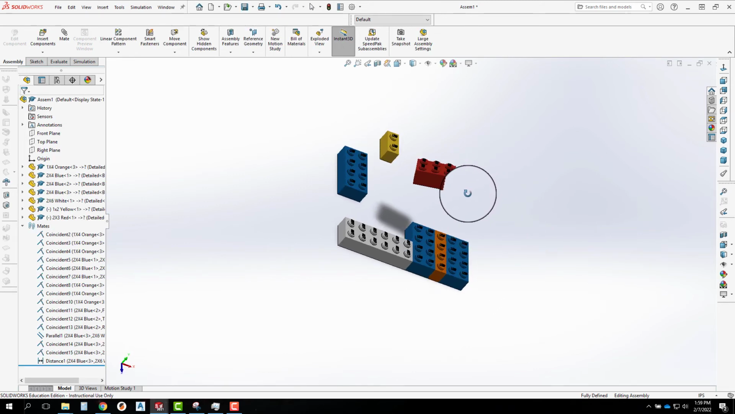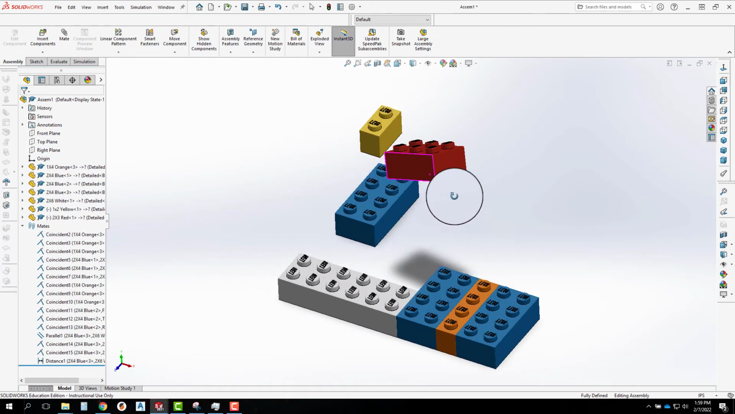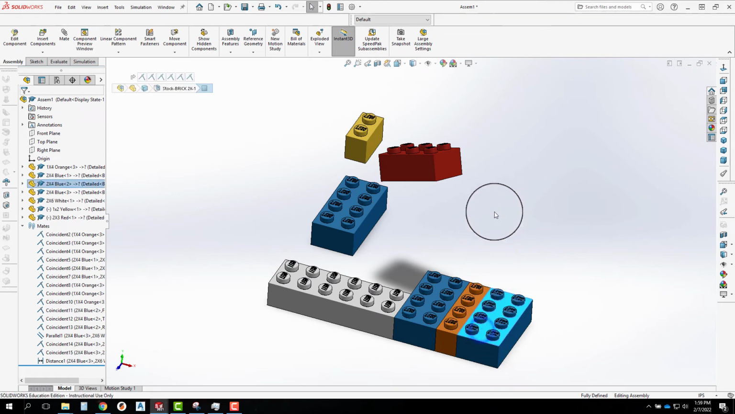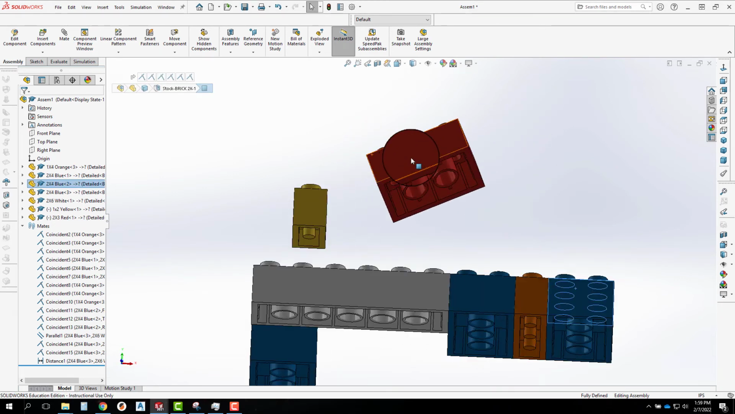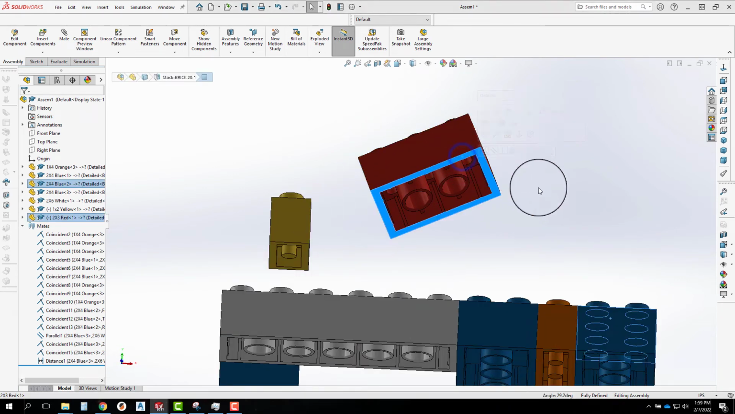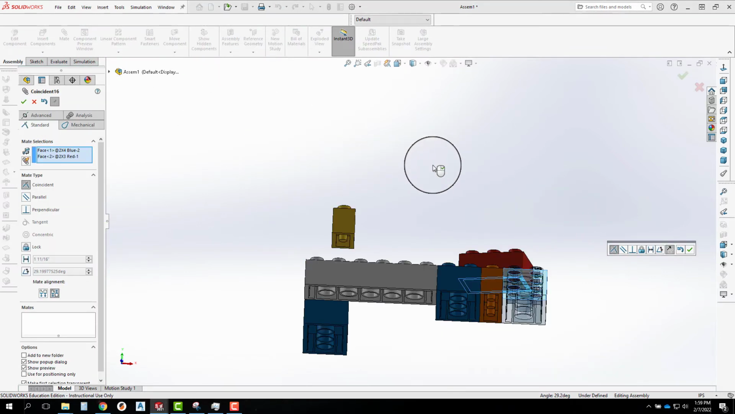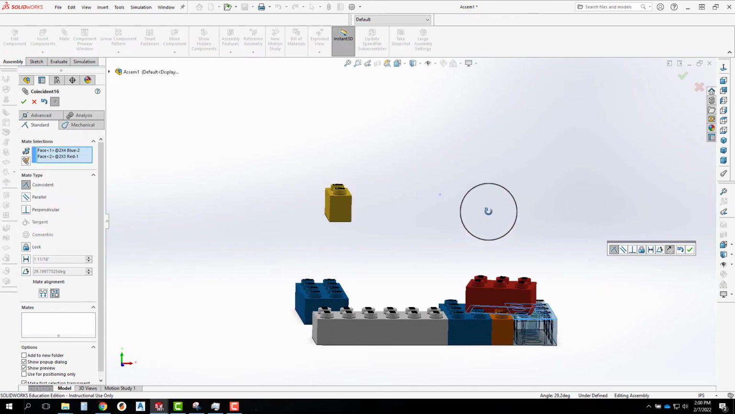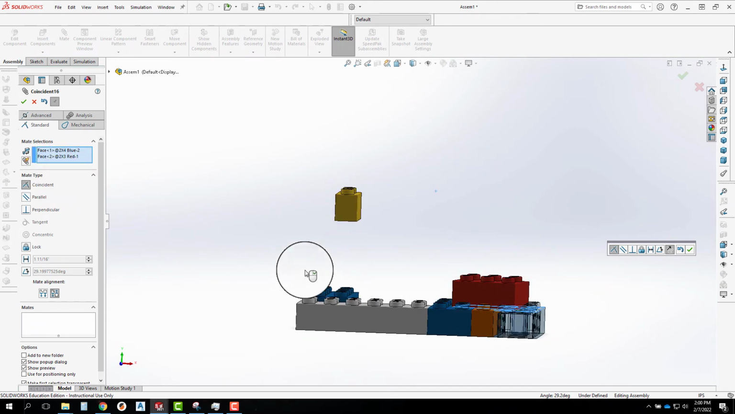Let's look at one other option in the mating that does sometimes throw people for a loop. Let's say I want to stack the red block on top of this blue block here. So I select the top of that and the bottom of this one, and if I say that I want it to be coincident, you can see it assumed I wanted a coincident, so it snapped the block down there. Sometimes that block would snap into the opposite orientation. If you see this little mate alignment option down here on the bottom,